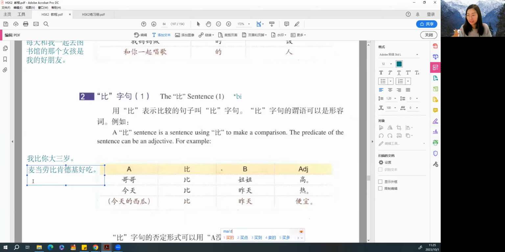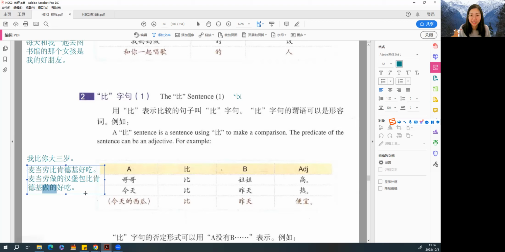So it's 麦当劳做的汉堡包. 汉堡包, that's hamburger, alright? 包 is the first tone. 麦当劳做的汉堡包比肯德基做的好吃。做的 can be ignored, just simply say 比肯德基好吃, which everybody knows that it's talking about